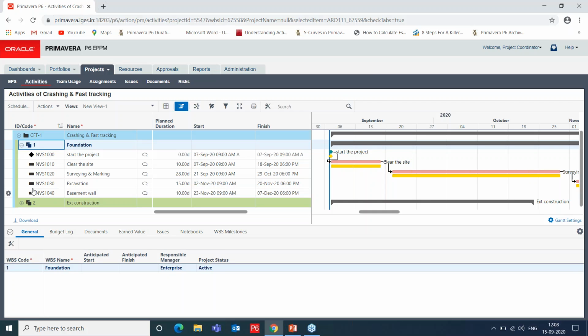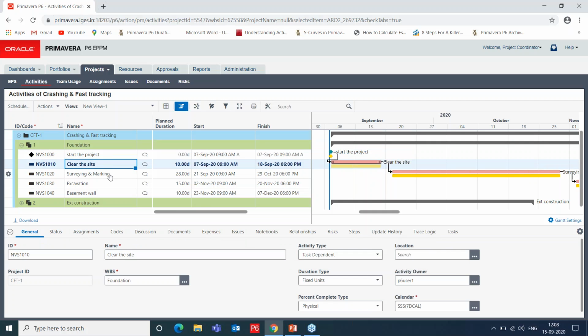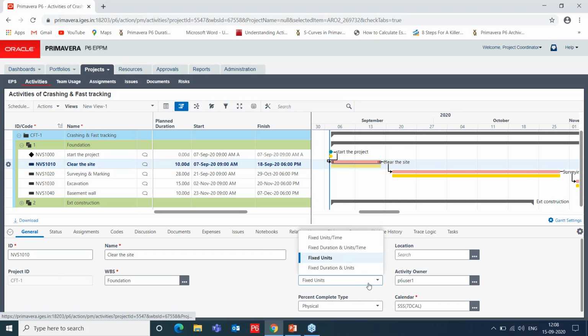Now we are going to apply the technique of crashing and fast tracking the schedule with Primavera P6. So let's go with this activity first of all, clear the site. We can apply the schedule crashing technique first of all. One consideration with Primavera P6 when it comes to schedule crashing is the duration type. We have to change the duration type to fixed units. The duration type column will be available in the general section,